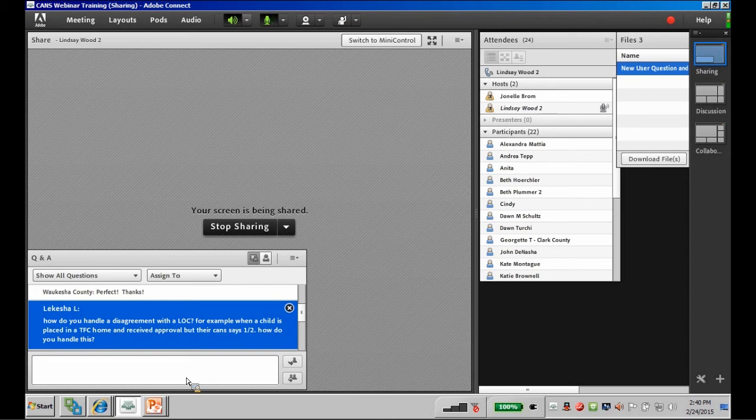Obviously it's a team approach. It needs to be a team approach, and if you're having particular concerns with a specific entity or a particular worker, that's something you should first discuss with that worker and their supervisor. And the reality is you may not always agree on scores. Ultimately, it's the person who has the placement and care responsibility to land on a score.